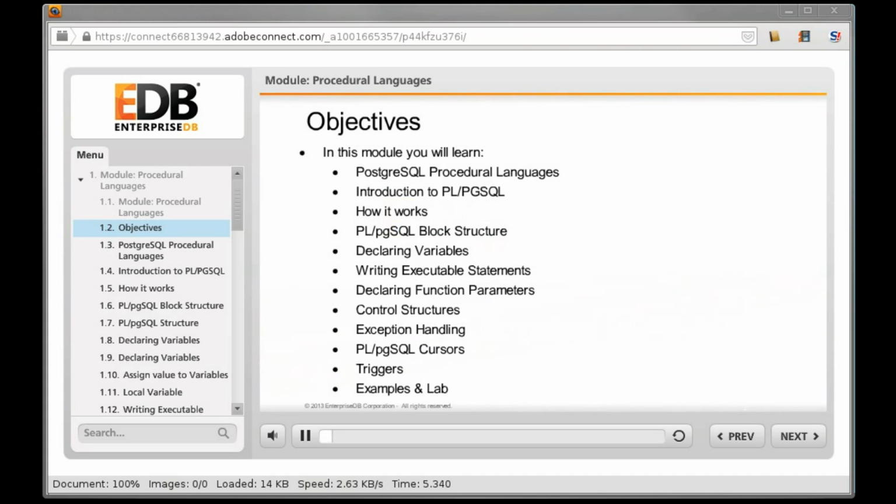Objectives. In this module, we will start with the PostgreSQL procedural languages topic, in which we will talk about the different procedural languages available inside PostgreSQL and also how we can load or install particular procedural languages. After that, we have a topic of Introduction to PL/pgSQL, in which we will talk about how we can load PL/pgSQL inside a PostgreSQL database, and then how we can use it,